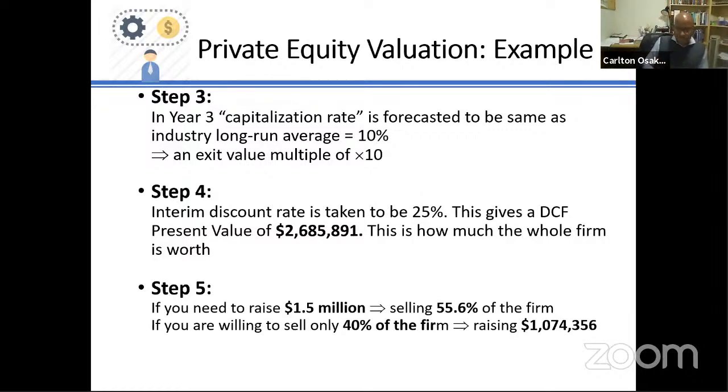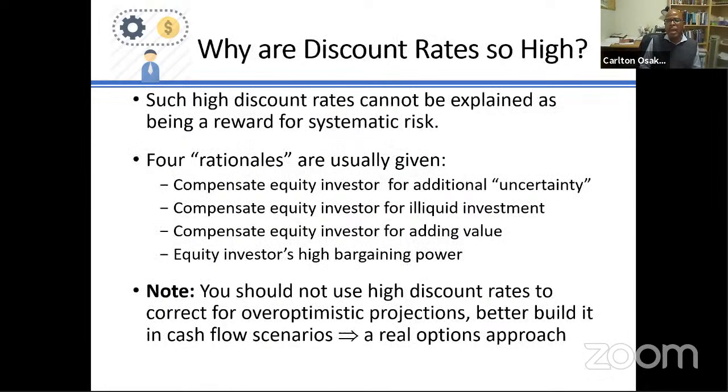So suppose these were the scenarios. Okay, before I get to the different scenarios that can happen and the real options approach, I'll just talk about the discount rate. Venture capitalists have been surveyed before as to why they have these high discount rates, 25%, 30%, 50%, 75%. And their claim essentially is that, one, at the beginning, since there's no history of cash flows, there's all this uncertainty as to whether the firm's product will actually make it in the market or not. So there's an additional level of uncertainty that they have to be compensated for.